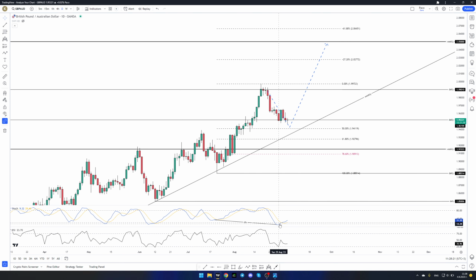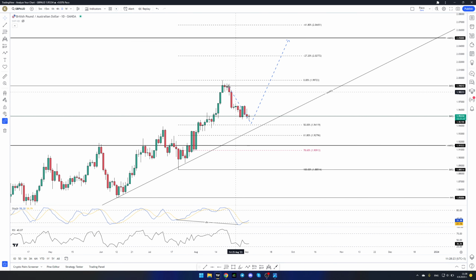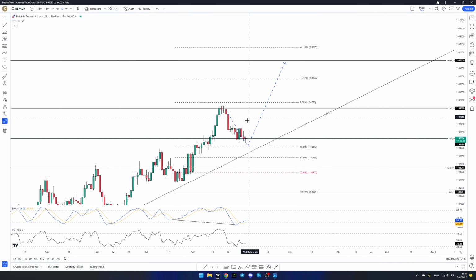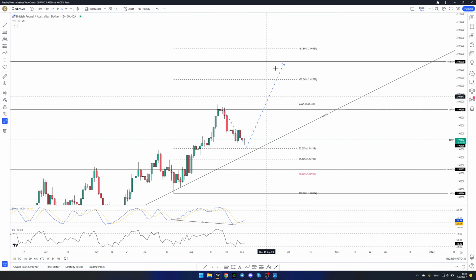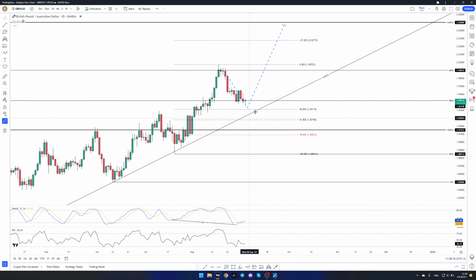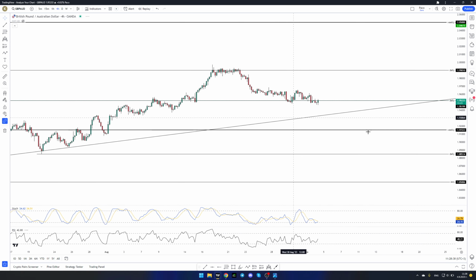We also have a divergence here, but there is a good chance that the price, if today closes like an engulfing candle, will do exactly like the euro to Australian dollar, and we may see some new strong bullish impulse wave. This is on the daily time frame. On the 4-hour time frame,